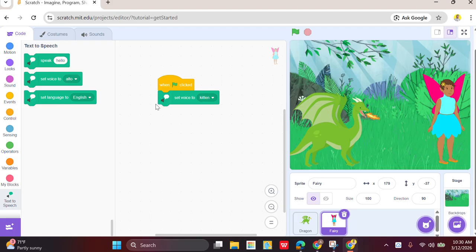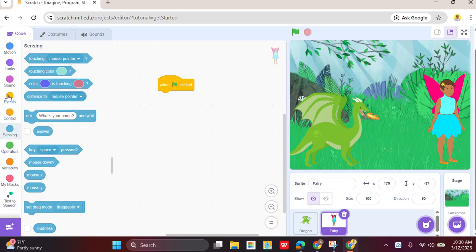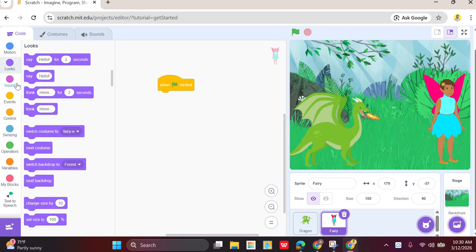So I am taking these blocks away for now, and I want this fairy to communicate by writing. So what I need to do is go to looks, yes, and say hello for 2 seconds. So I'll write over here, wow, there is a dragon. So if I just play this, you can see that this fairy is saying, wow, there is a dragon, right? And how much time do you want to display this? It is also optional for you, so I am adding 4 seconds. So it will display for 4 seconds,